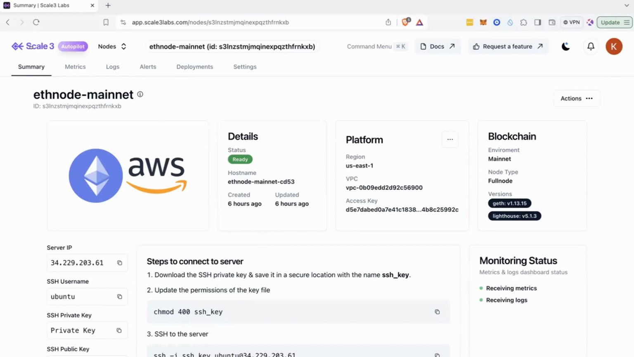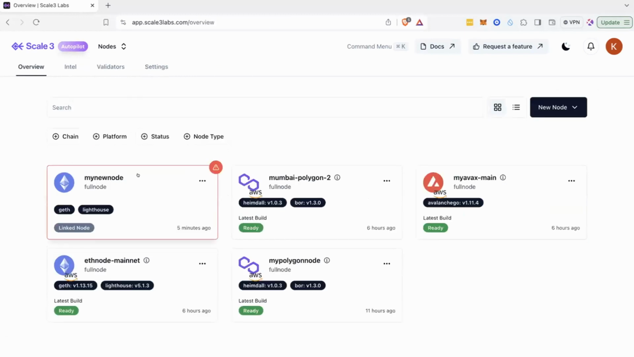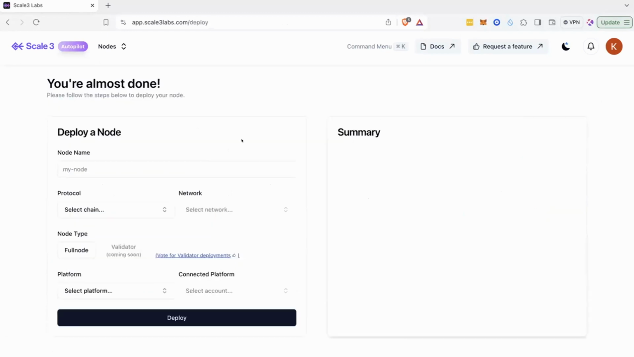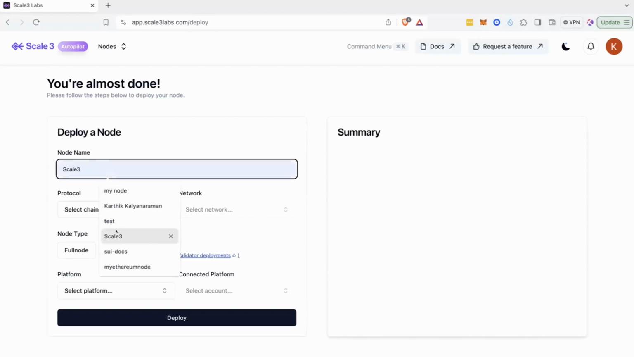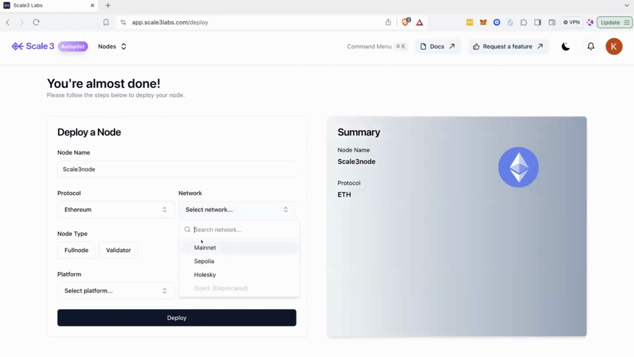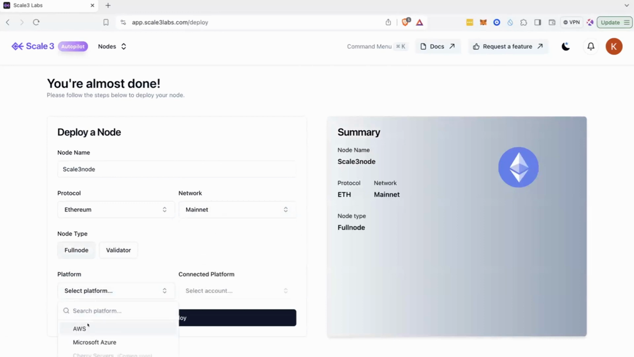linked or deployed successfully through Autopilot. I mentioned the link flow, but we also have the deploy flow. With the deploy flow, we are enabling a node operator to deploy an Ethereum node or any other node directly through Autopilot to their cloud environment. We do not manage nodes here. You can just give some name over here, select a protocol, select a network, node type over here, and